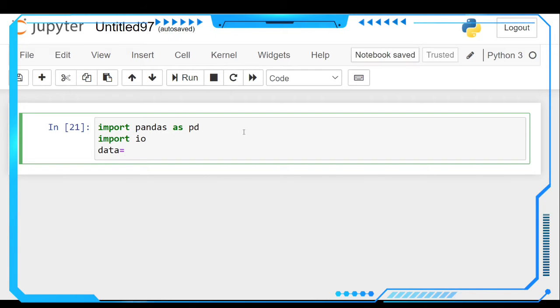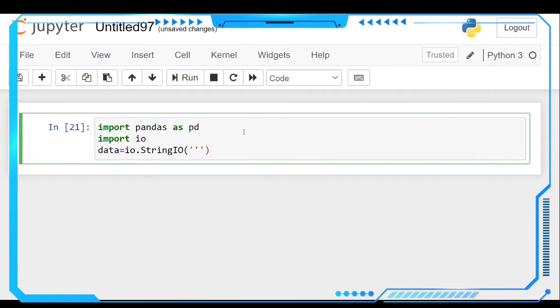So data is equal to, we have to use the StringIO function. StringIO will make the data into a CSV format. We have to use triple quotes here.